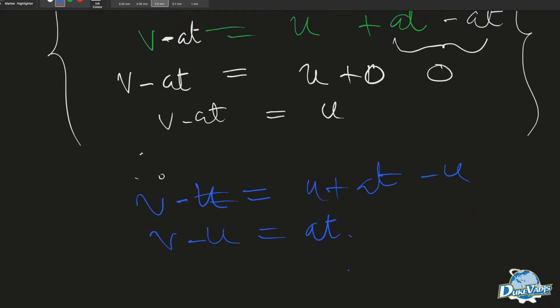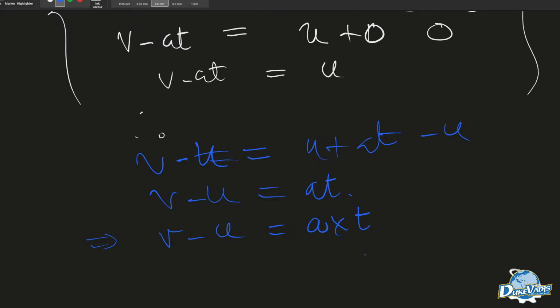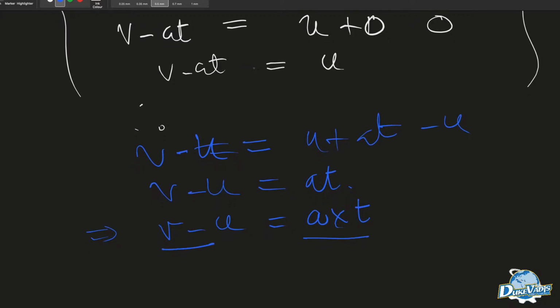And as we saw earlier, this 'a' means they are composite. It means v minus u is equal to a multiplied by t. And our interest is to make t the subject. So what do we do? Since a is multiplying t, we divide both sides by a. When I divide the left-hand side by a, and I divide the right-hand side by a,